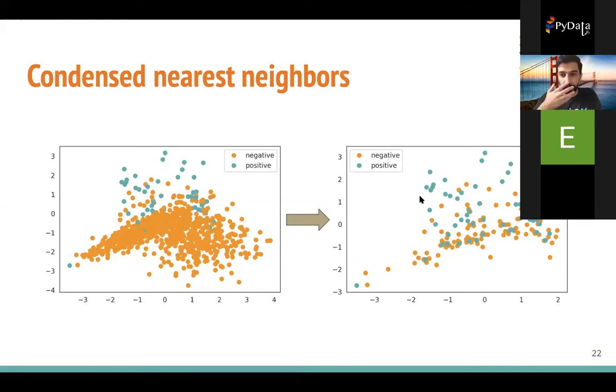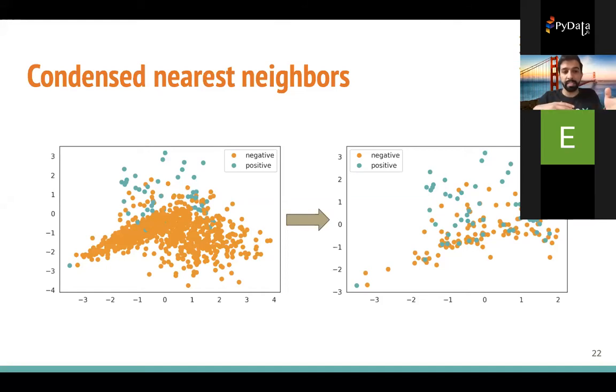And this method also depends on randomness, depending on which point we start with, and also it's susceptible to ordering. Like we see, there are still some inner points. Maybe those points were added before all of these points were added, and therefore they were misclassified. So you can run it at a different time and get different results. And this can be a downside. It's also not as reproducible as the near miss.